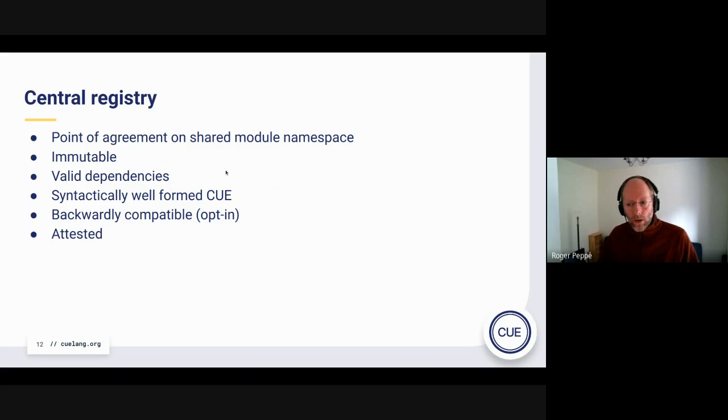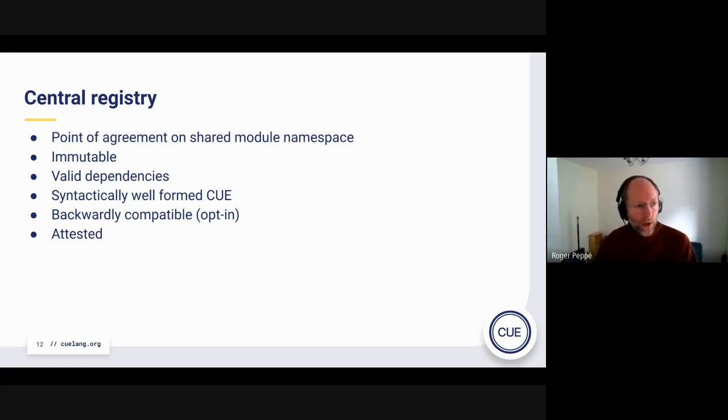Now, I said there's a single registry, but we are also proposing to have a central registry, because I think that's really helpful for the ecosystem. The main reason is we want everyone to agree what public modules mean. So when one person imports module A and another person imports module A, you're going to agree what that module A actually means.